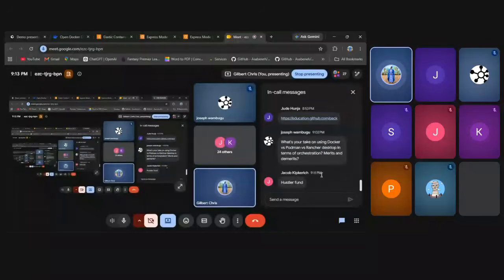So what is the take on using Docker versus Podman versus Rancher Desktop in terms of orchestration, merits and demerits? Docker is widely used. Let me give you an example.